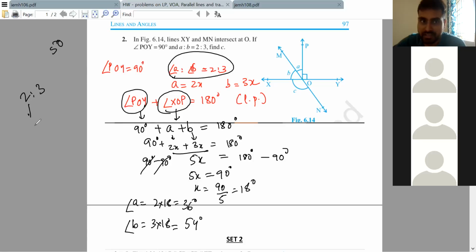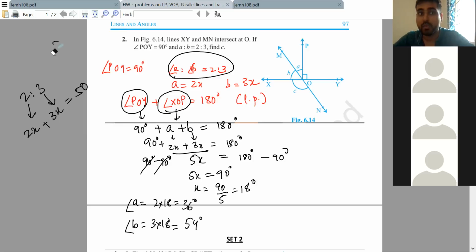Darshini's number of chocolates is 2x. Deepa's number of chocolates is 3x. 2x plus 3x is equal to 50. How much does each person get? It becomes a linear equation in one variable, Darshini. One variable, one equation, we can solve anytime, right?